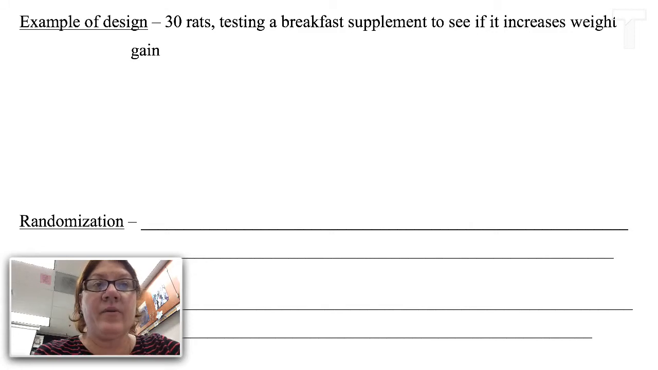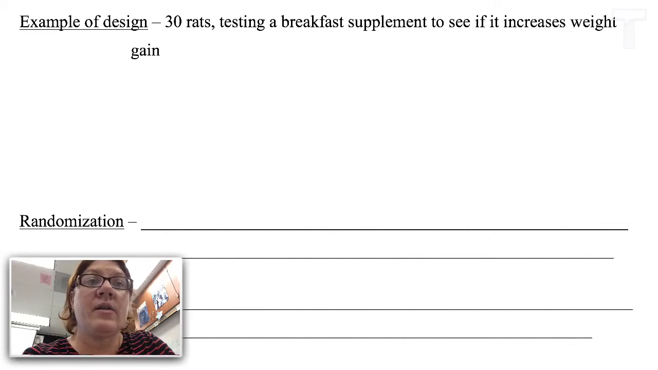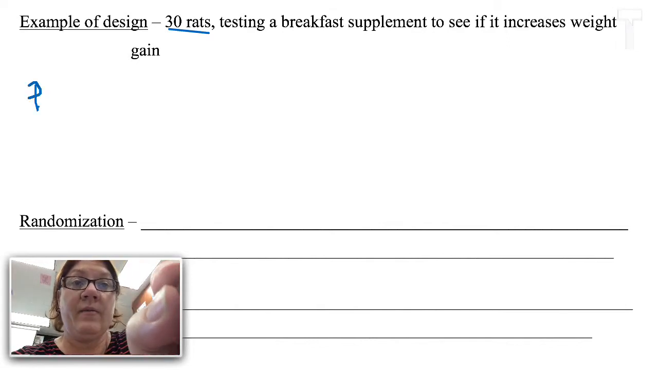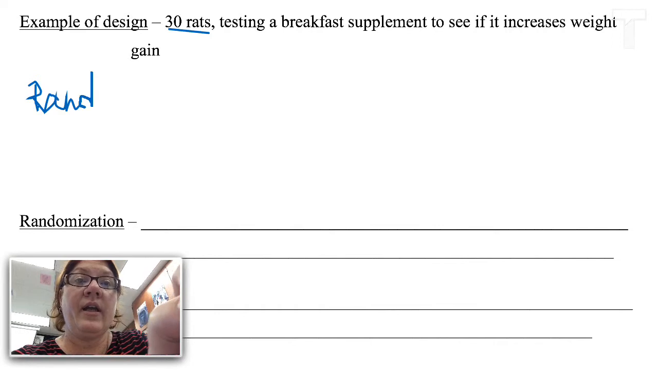So here's an example of how I might test a breakfast supplement to see if it causes or increases weight gain. I have 30 subjects, they're the rats, and I want to divide them, of course, into two groups. If I don't have an old breakfast supplement, then I'll give them a placebo. Before I begin, I know I have 30, and I must randomly assign